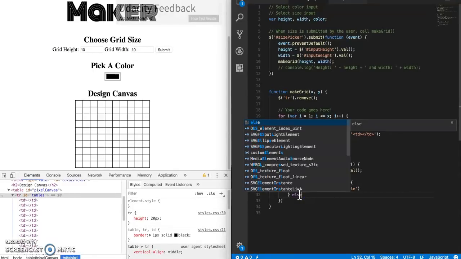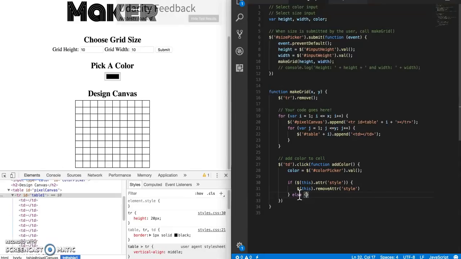All right, so then else, so if it doesn't have any style, then we're going to this dot attribute, and then we're going to want to add the style attribute, then comma, and then the value of the style attribute is going to be background color plus whatever the value of color was. Okay,